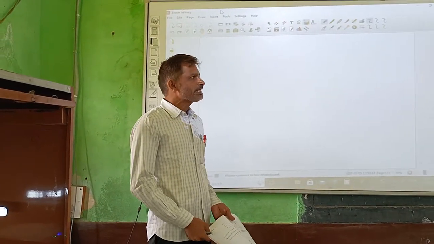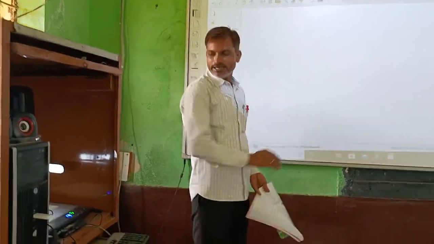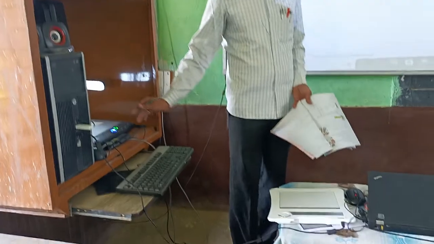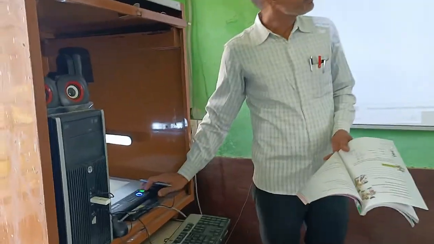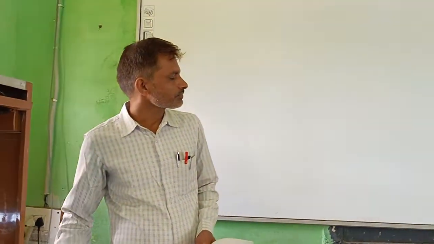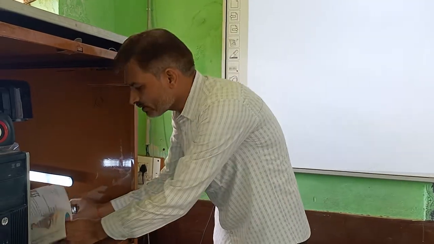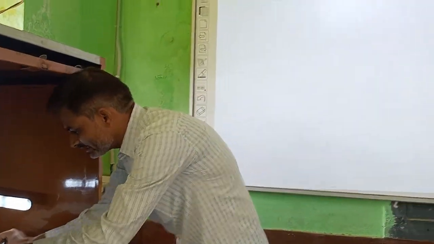We are using eClassroom, and in this eClassroom we have an interactive board and a digital visualizer. First of all, we use the digital visualizer. So I am shifting to the digital visualizer. With the help of the digital visualizer, we can show so many things to the students. For example, textbook, worksheet, activity sheet, and we can solve the exercises directly here.